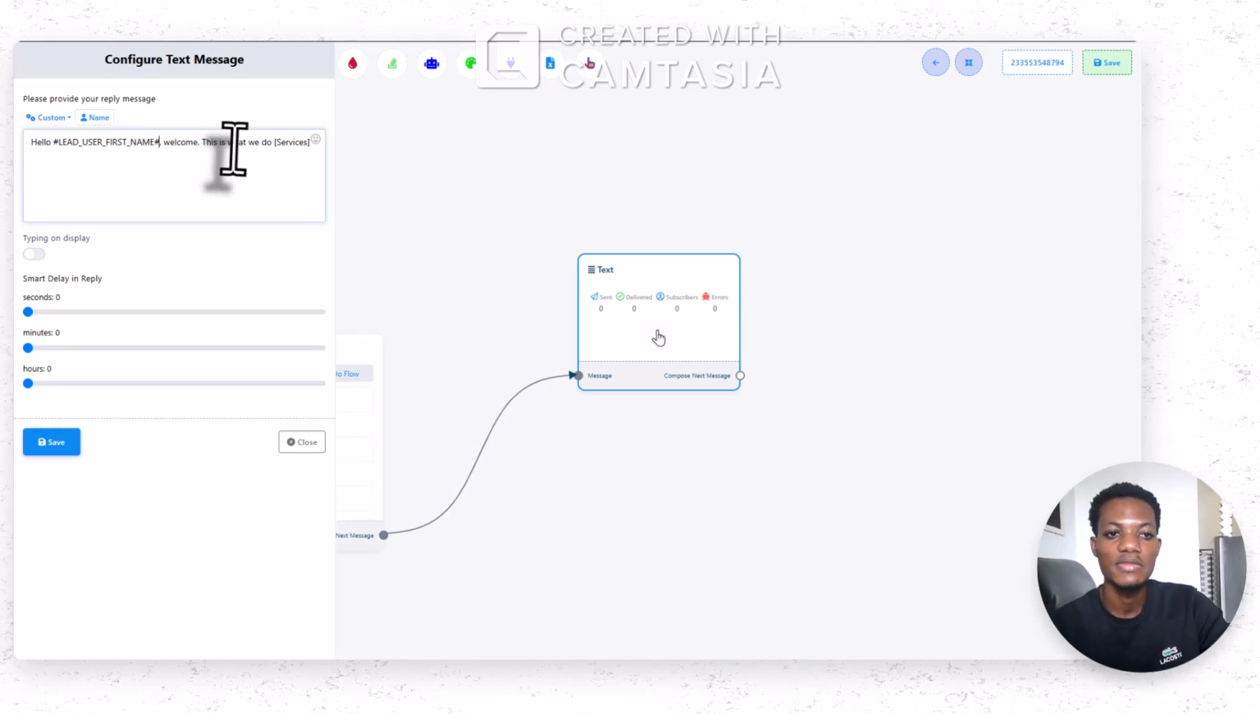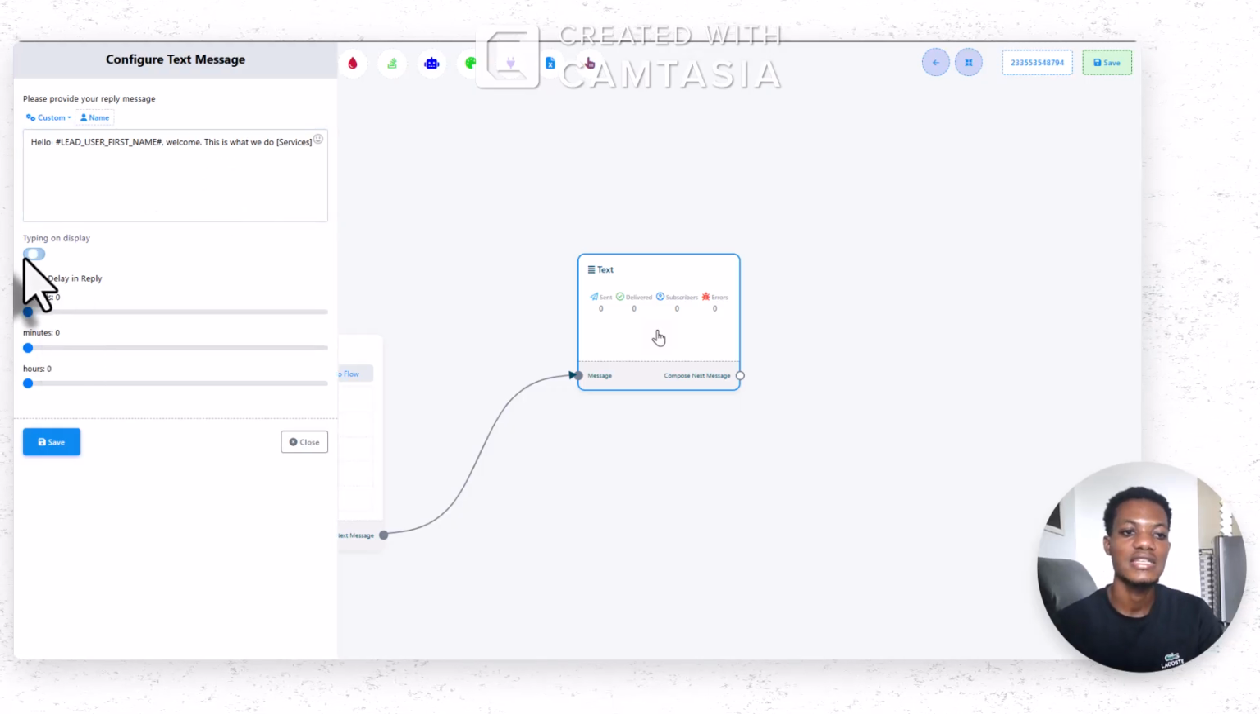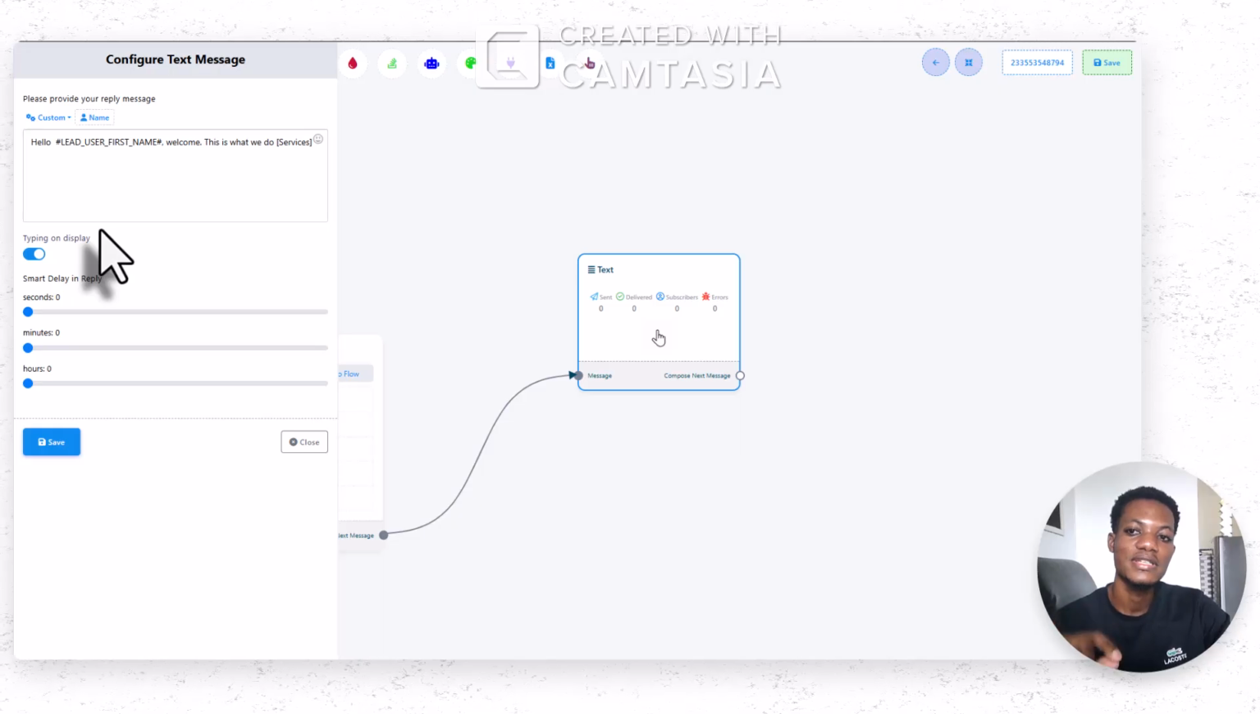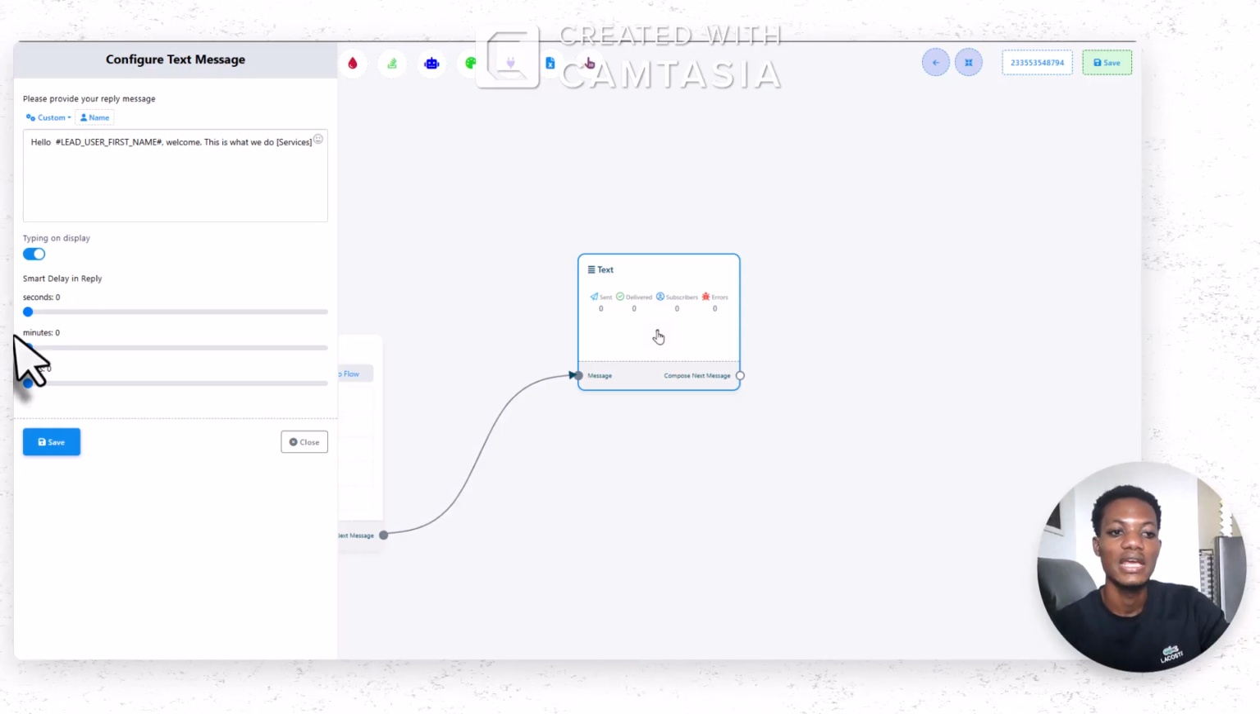And then if I want to list all the services, I can list all the services. If I want to indicate that the system is typing, it will indicate that the chatbot is actually showing some dots showing that the system, or the customer service, is typing. You can actually say it should delay for at least 3 seconds or 2 seconds. And once you're done with that, you click on save. You can continue to create more